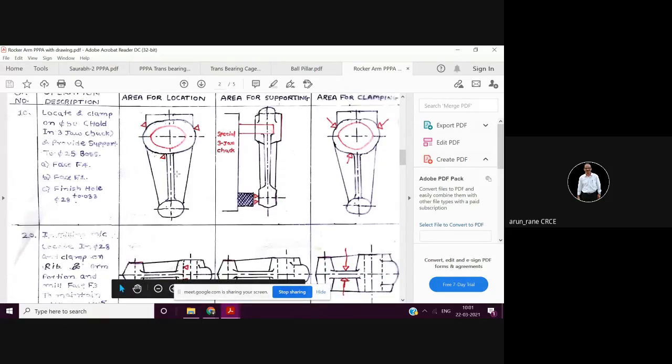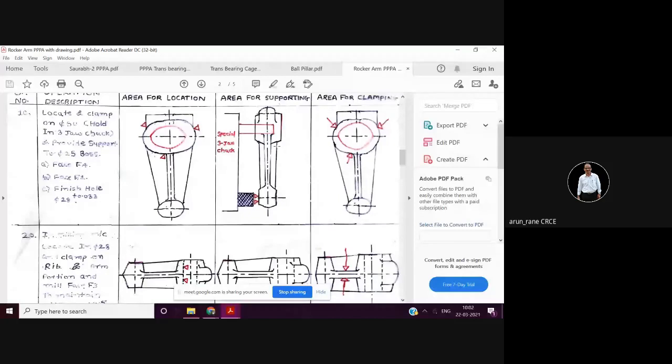See how much pain he has taken. He has drawn the pictures for each and everything. But this takes time, and in the examination, if you try to do like this, it will be very time consuming. So in that time, you have to simply say locate on diameter this and support on this space, F1, F2, because we don't expect this.